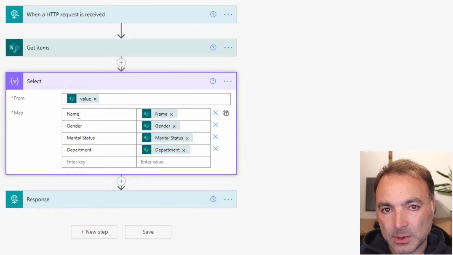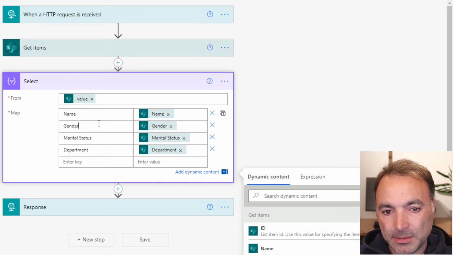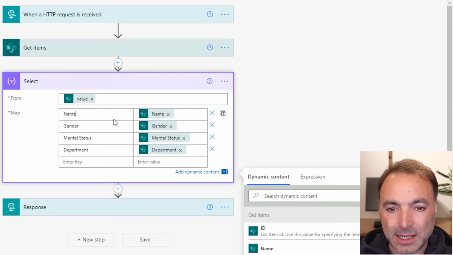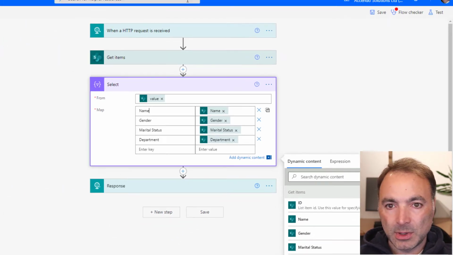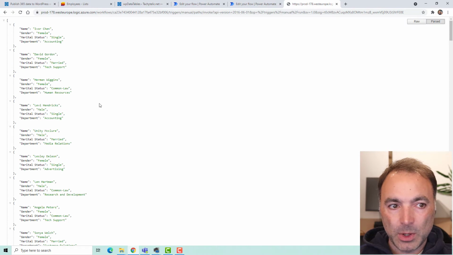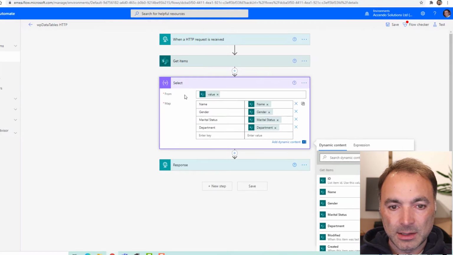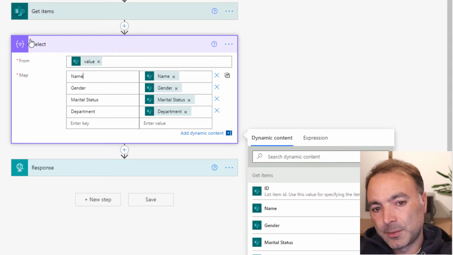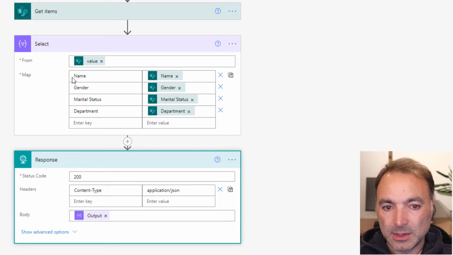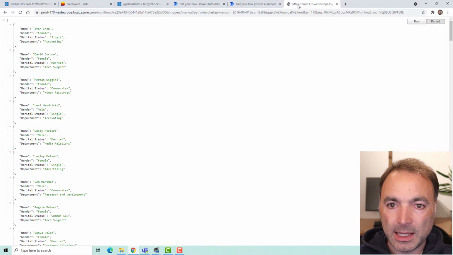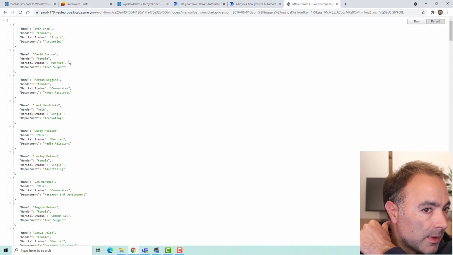Now, what's quite important to realize here is that these column names that I've given in the select action are what actually appear in the data table on WordPress. And you can put expressions in here and do whatever you want, as long as that flow works to generate this JSON array. Then we just go straight into a response action and use the output of the select as the body of the response. And here we can see the results of it.